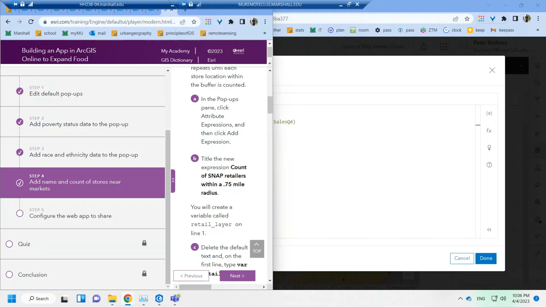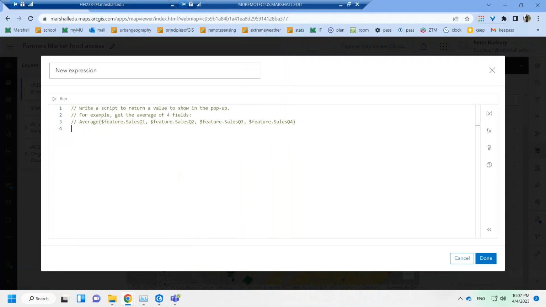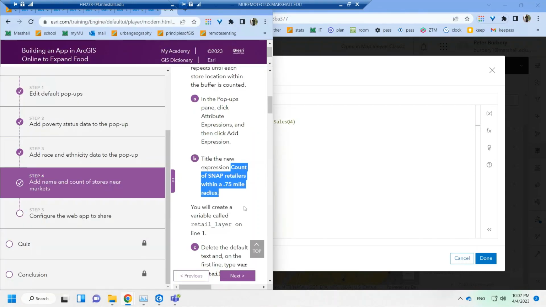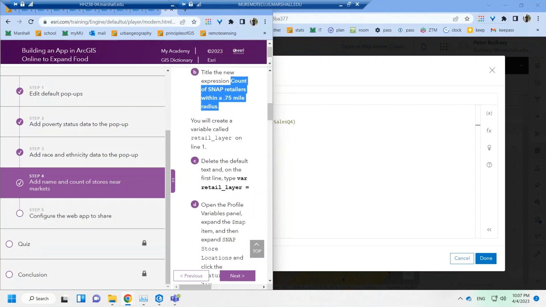Type the title of the new expression, count of SNAP retailers within a 0.175 mile radius. Okay, here. Let me add a 0 there. Alright. You'll create a variable called retail layer on line 1. Delete the default text, and on the first line type var retail layer equals